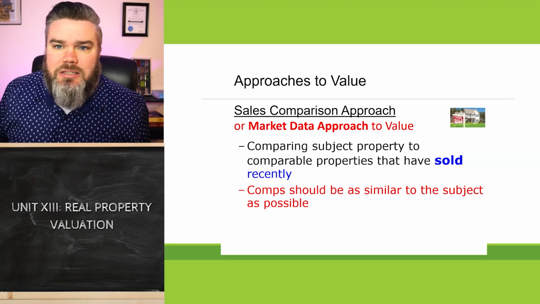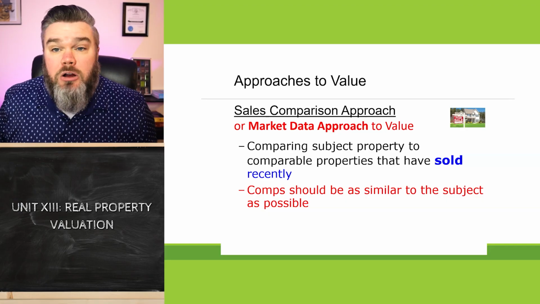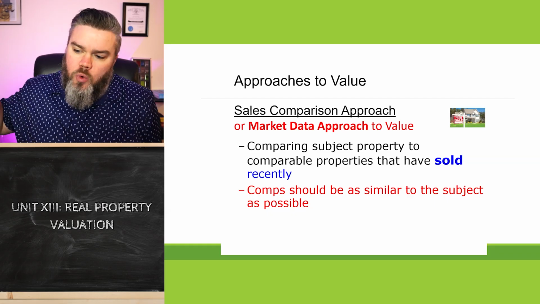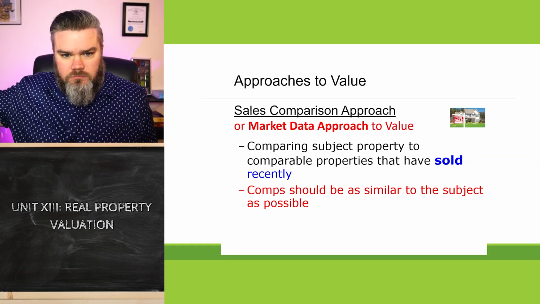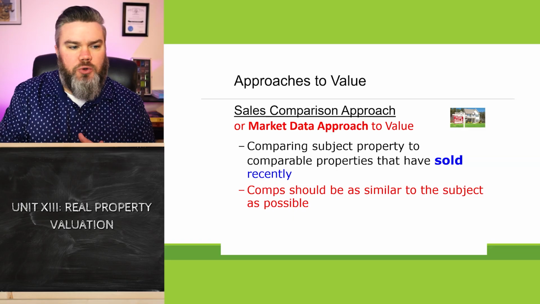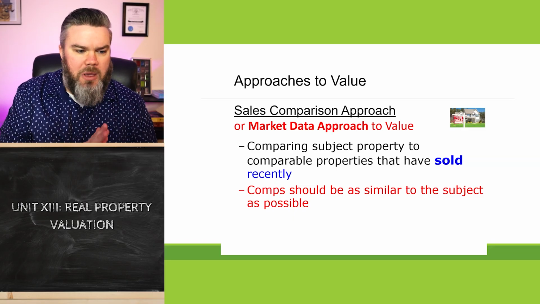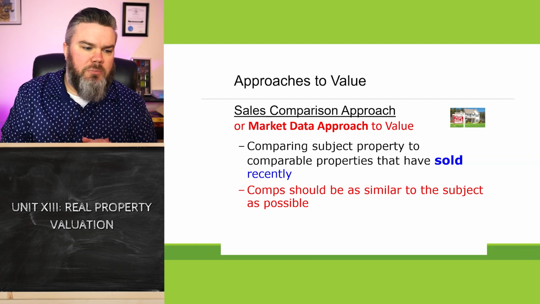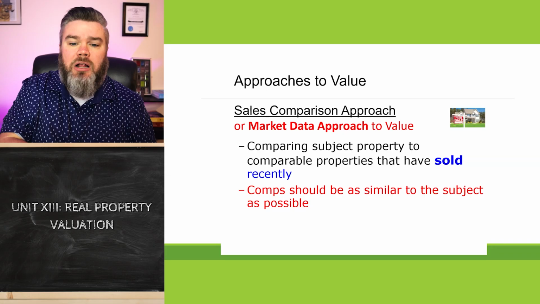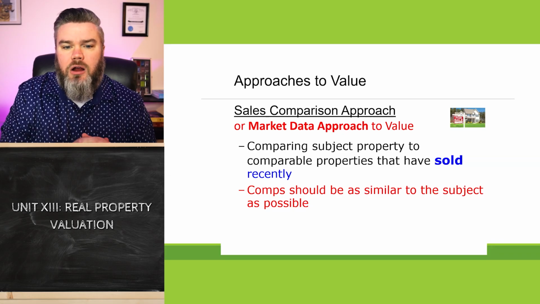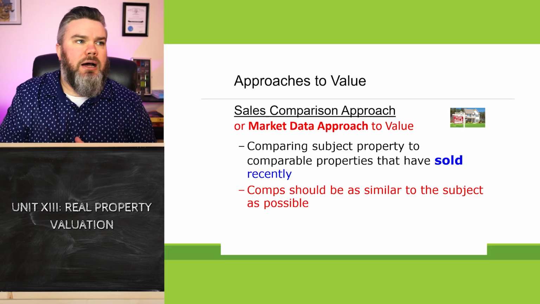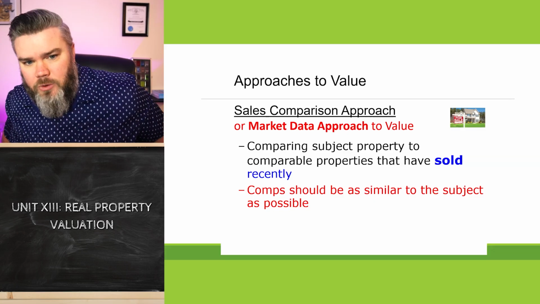We know all this information. And so we can look at this sale and we would compare it to our subject property and make adjustments to say, okay, well, we know what this one sold for. What would it probably have sold for if it had been identical to our subject property? So we make adjustments. Bill says, what programs are used for comparisons? Us. We use the MLS and we pull the data from there and we make the adjustments based on expertise and past knowledge and things of that nature.